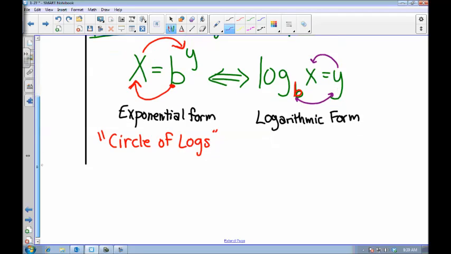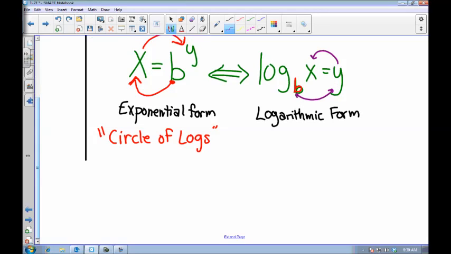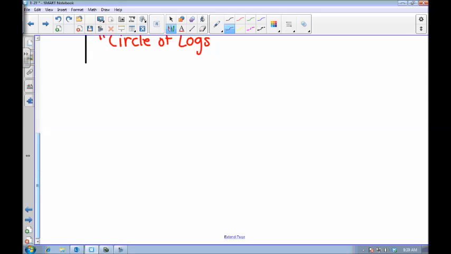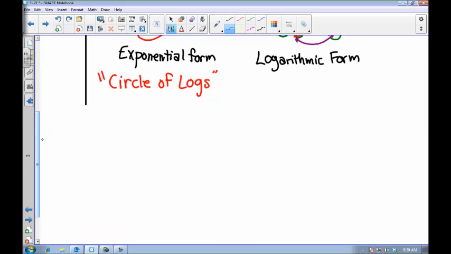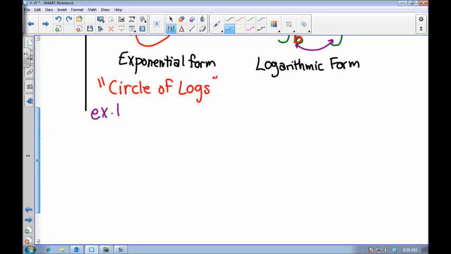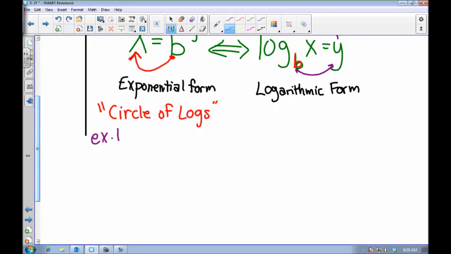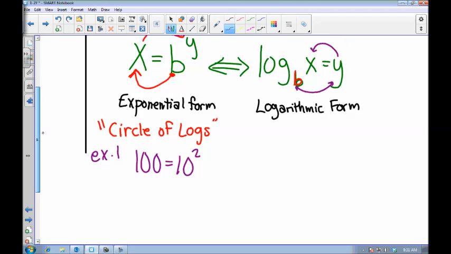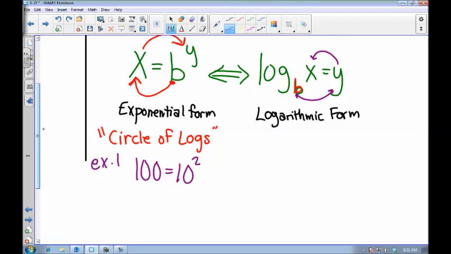All right. So we're going to try a couple switching. Why isn't this expanding? There we go. Example 1, switching between forms. Okay, we have 100 equals 10 squared, which is a true statement. Do you agree that 10 squared is 100? Yeah. Okay. We're going to take 100 equals 10 squared, which is exponential form, and we're going to convert it